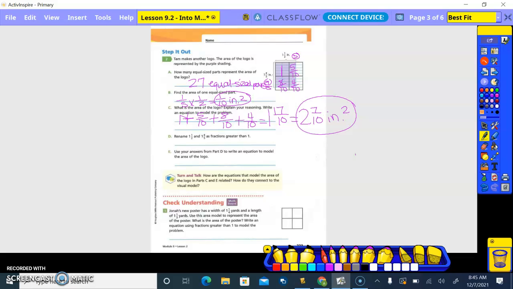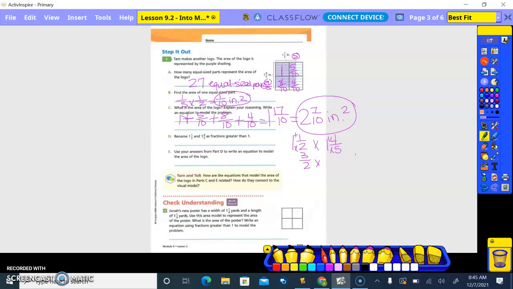All right. So rename 1 and 1/2 and 1 and 4/5 as fractions greater than 1. So these we need to make into improper fractions. So it would be our equation that we've been doing, right? Okay, so we would write it as 1 and 1/2 times 1 and 4/5. Okay, multiplication sign, plus sign, multiplication sign, plus sign. So 2 times 1 is what? 2 plus 1 is 3. So 3/2